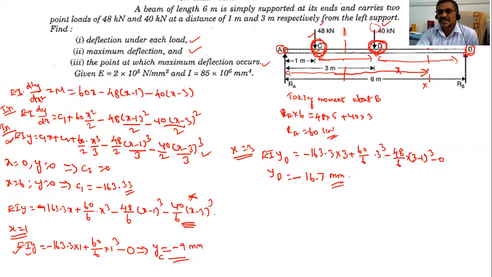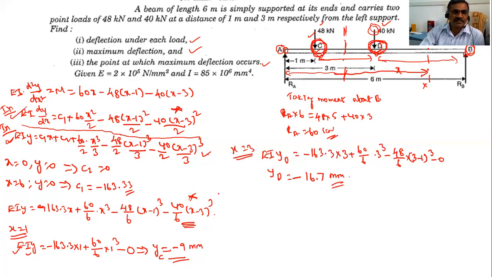Then if the deflection is maximum, slope is 0, we know. So in the slope equation, you have to substitute the slope is equal to 0. At which location? Between C and D. Between C and D means you must have taken axis here. Then this term will not be there. If you take the axis here, you have to consider the load on only the left side. So you should not take this portion. Excluding this portion, in this equation, you substitute dy by dx equal to 0, you will get x value.